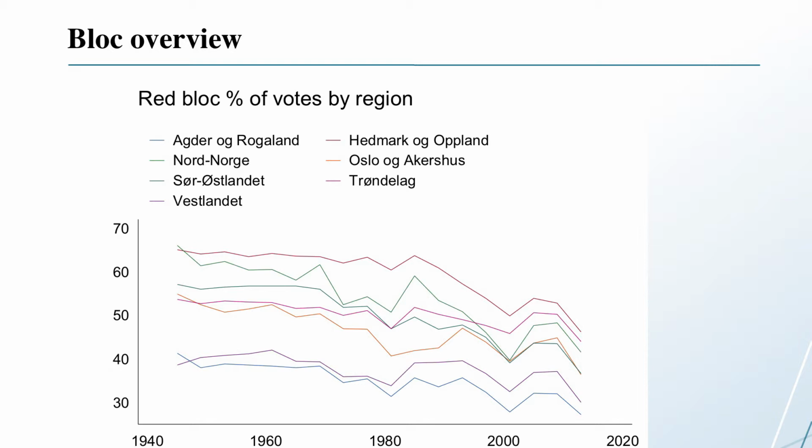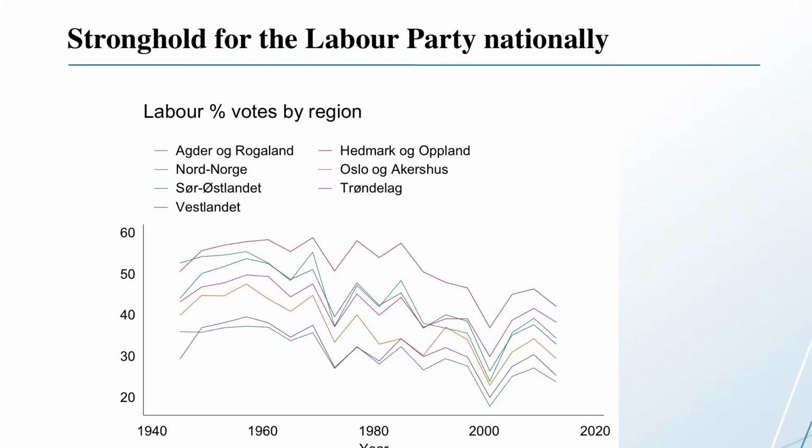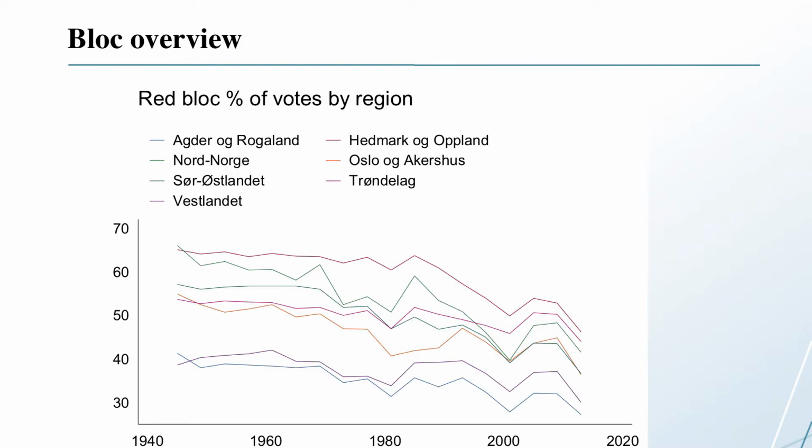And here you see, and it's actually explaining why, those two dips, especially this dip. It coincides with the EU referendum in 1972. So you actually had an emergence of a socialist left party, and there you can see that the total vote for left of center parties has been relatively high in Northern Norway.